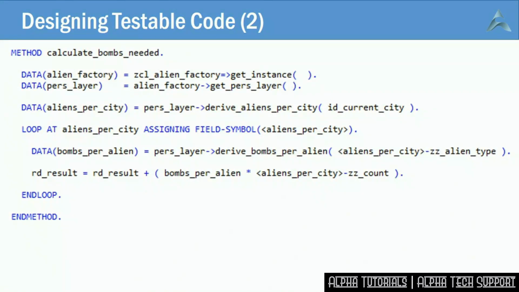is have a so-called factory, and that factory will give us an instance of the class that reads the database. Then instead of doing a direct select statement, we do a method call to the database access class to get the results. As I said, in production, that will read the actual database. In a unit test, it will return some sort of hard-coded value. So the result of the test will always be the same.